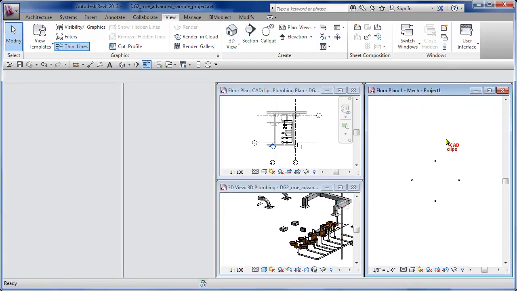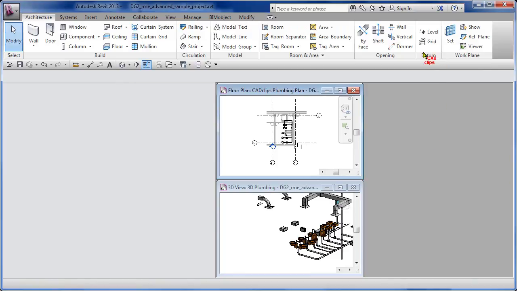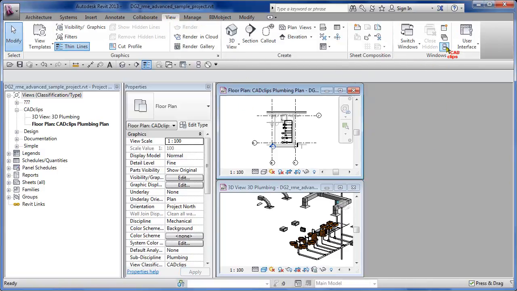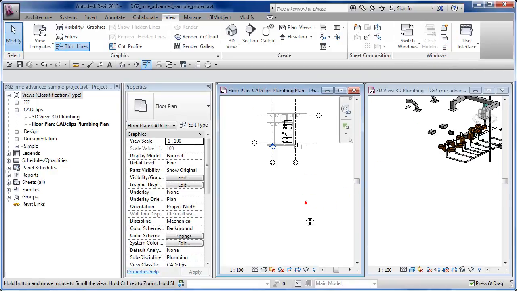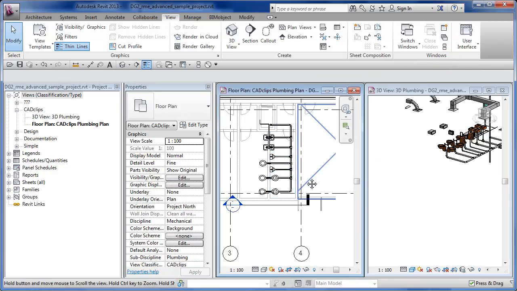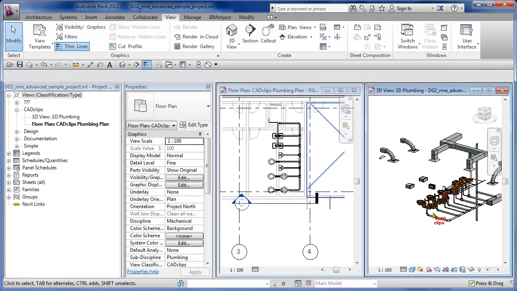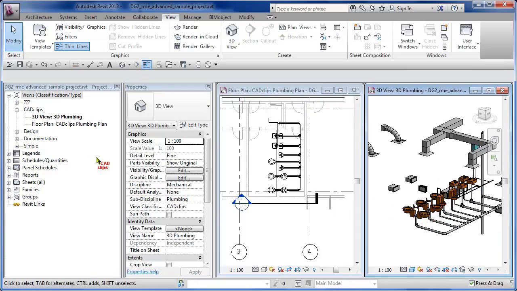Oh, I've got a project open. I can close that guy off and go back and retile my views. And then I can work in this environment over here. So now I've got my two views nice and tiled, and I've also got them grouped under the new classification CAD clips. Once I go through this and I don't need this anymore, I can reclassify the views and resort